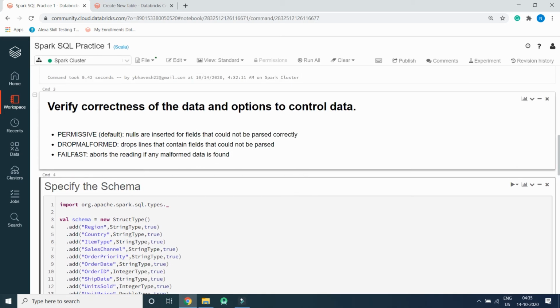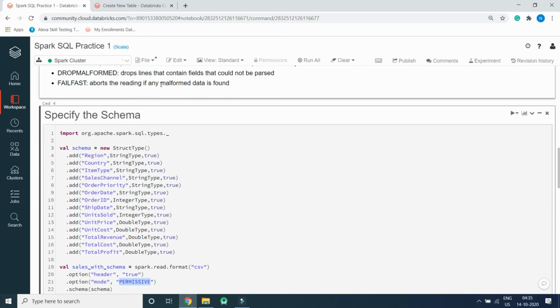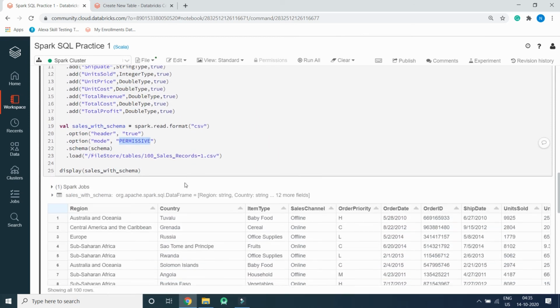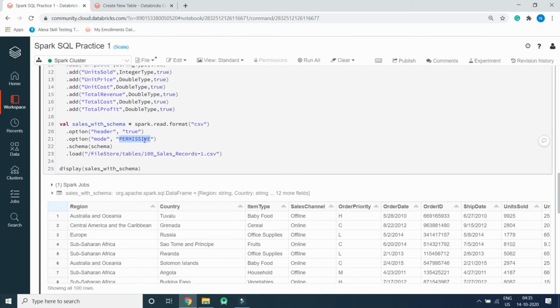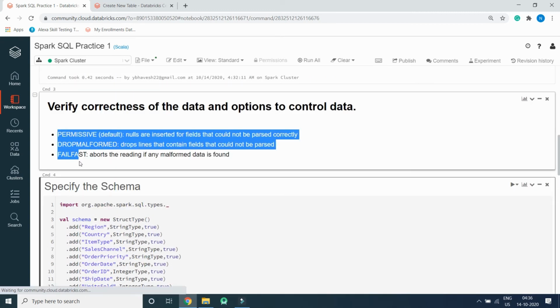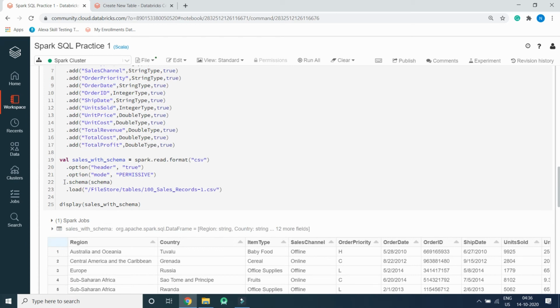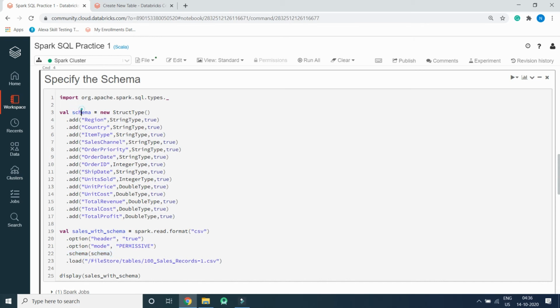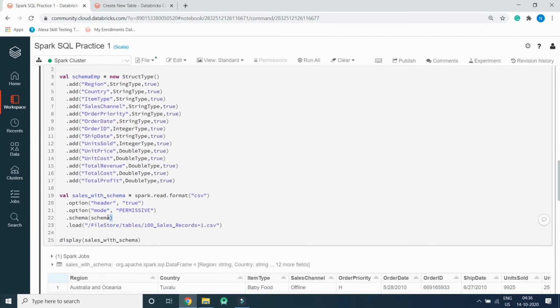And fail fast aborts the reading if any malformed data is found. So when you don't want any junk values in your file, you can use these options. And .schema and the schema name. If I write schema emp, you can specify schema emp over here, and the file location.